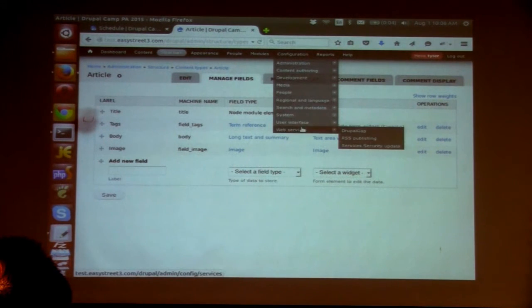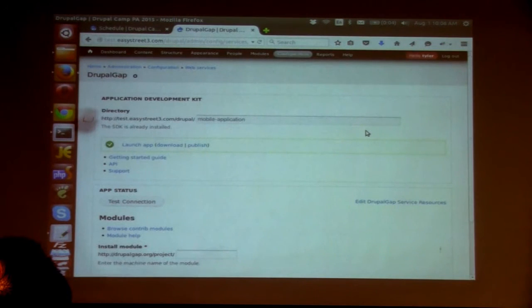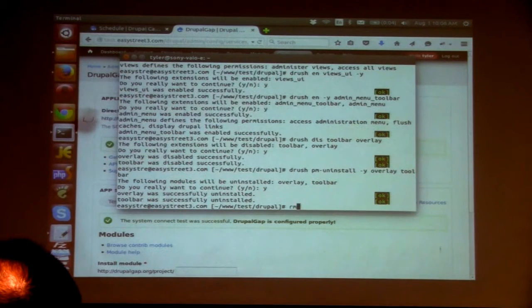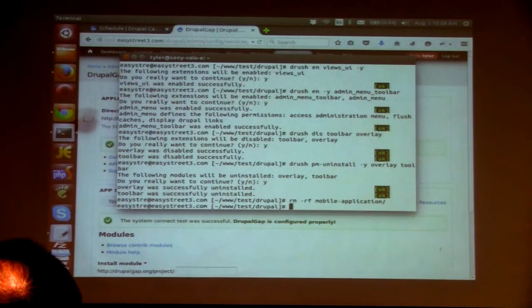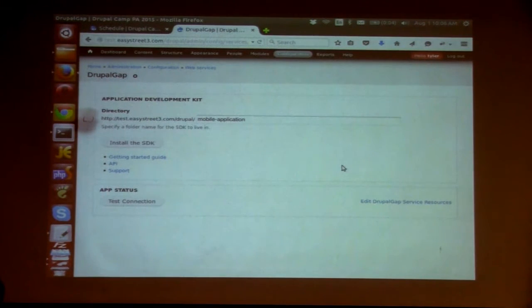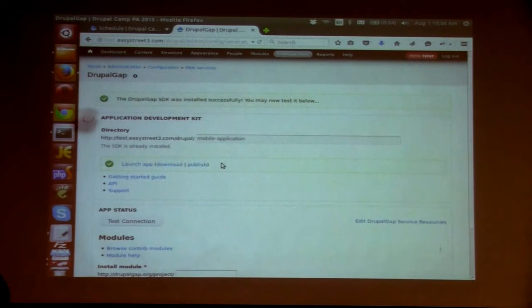I'm going to go over and make sure that DrupalGap is working properly. So maybe just test the connection, make sure it's good to go. Let's do that real quick. Normally when you come here, it notices that, hey, you haven't installed the SDK yet. Would you like to go ahead and install it? Click the one-click installer, one button. Okay, so what this does is downloads the SDK, tosses it at /mobile application or wherever you want it to be. So now if we launch this,